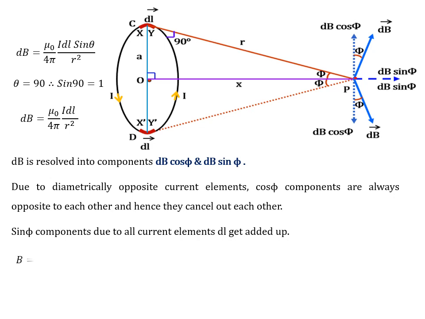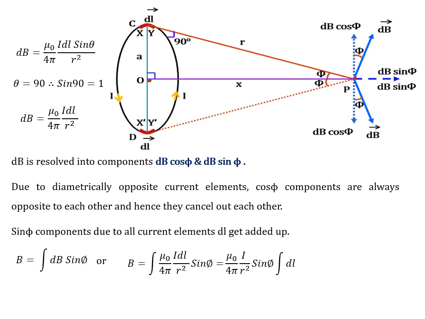Addition of similar terms can be solved by the process of integration. So, we can say the total field will be the integral of dB sin phi. We substitute the value of dB. We can write integral of mu naught upon 4 pi I dl upon r square into sin phi. Now, all the terms except dl are constant for a given point. So, they will be taken outside the integral sign and we are left with mu naught upon 4 pi I upon r square sin phi integral of dl.